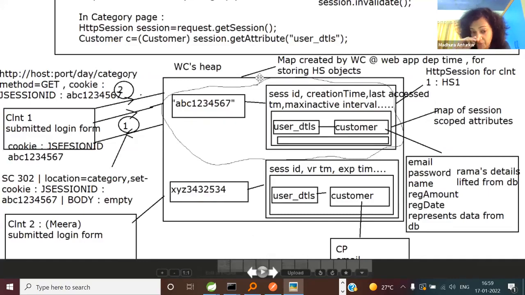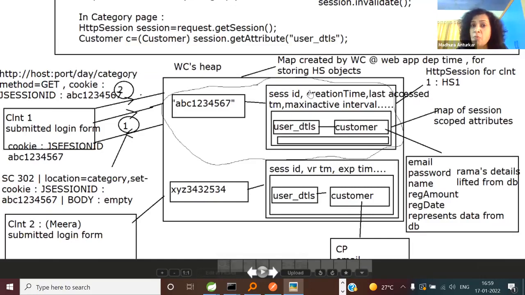I'm not talking about the outermost rectangle, but the second level rectangle, which I have labeled as HS1. And along with the HttpSession, what will be its unique ID? What is the ID of this thing called HttpSession? It is called JSESSIONID. Nothing to do with JSON and all, so please, guys, don't get confused. Along with the HttpSession object, the container will generate a unique value of JSESSIONID. You got me?